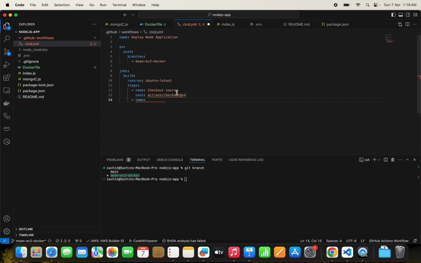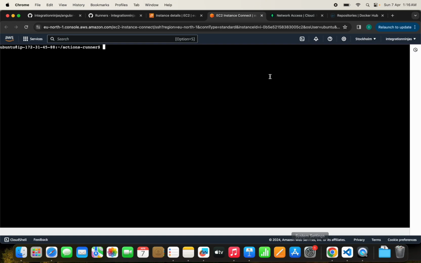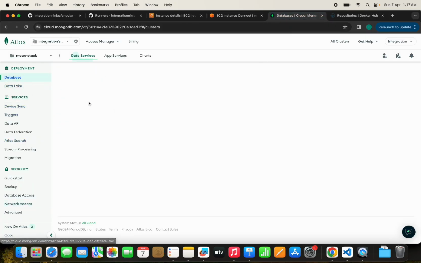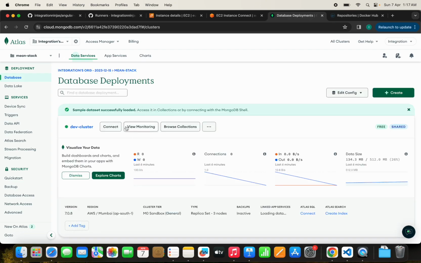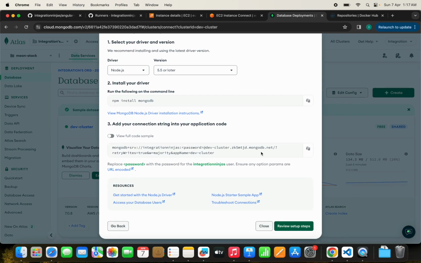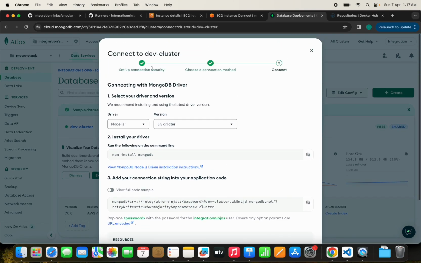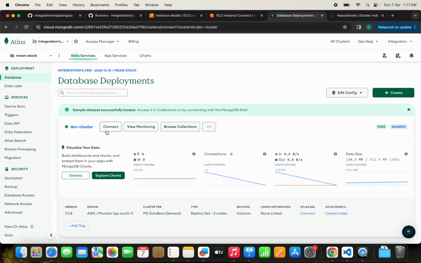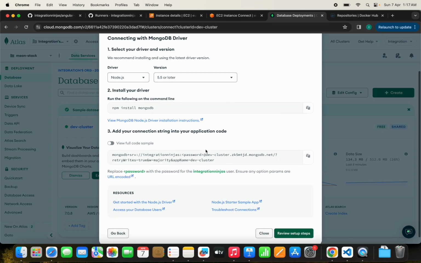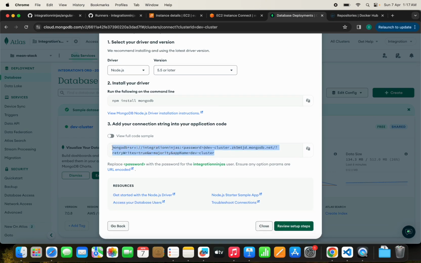We are going to use this, and after that we need to see if our database details and everything work fine or not. So here we'll do one thing. We'll go to the database MongoDB, click on the database, and we'll try if our database is properly working or not. We'll click on connect and we'll see the drivers here. Okay, maybe not this one. Click on connect. Okay, drivers and these details,